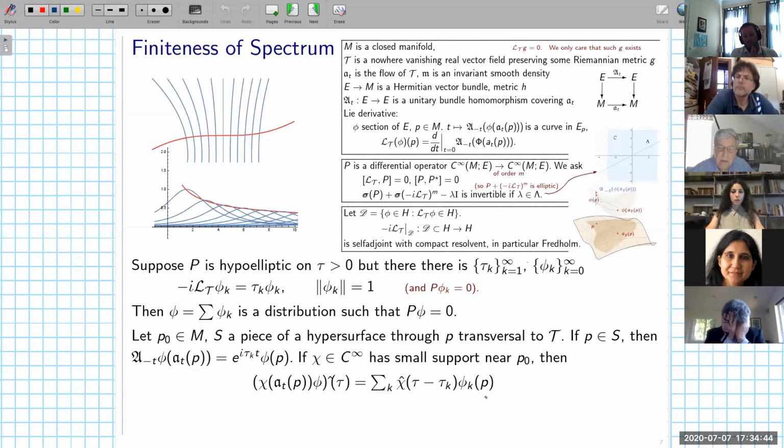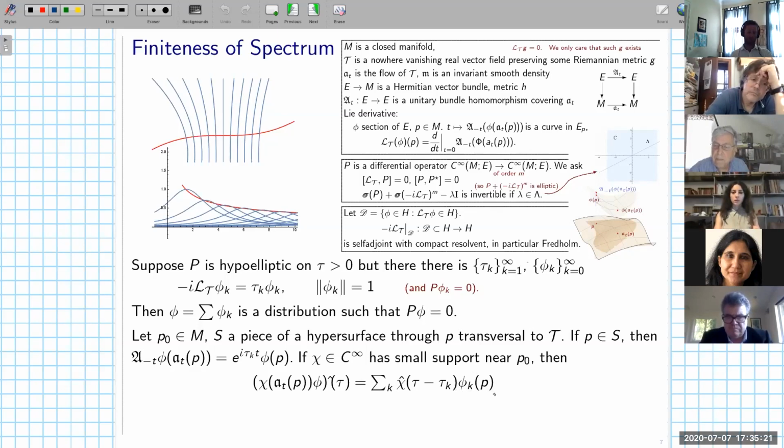The argument about being hypoelliptic is an argument. So it's hypoelliptic in a neighborhood of a point. It's hypoelliptic on the whole set. So this gives uniformity in some estimates that allow you to say that because this has to decrease rapidly as tau tends to infinity, maybe by passing through a subsequence of the phi sub k, because it doesn't matter what sequence you take as long as it's an infinite sequence, you must have that for large k, the values of these functions have